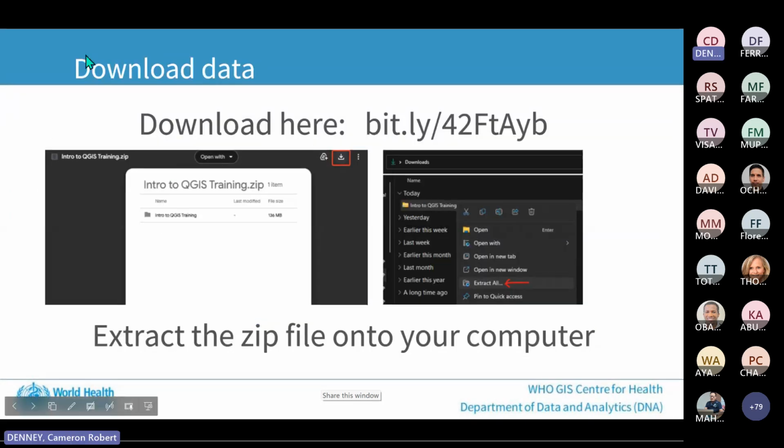Great. So the next thing before we get going here is to work on installing QGIS and downloading the data for today's workshop as well. We can put this direct link in the chat, or if you want to type in this short link right here,